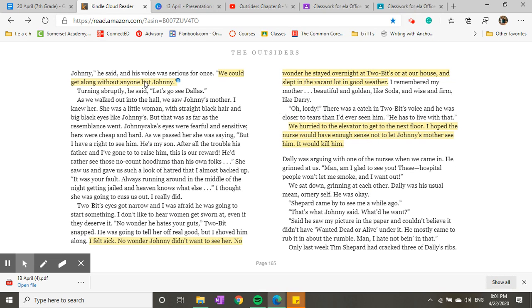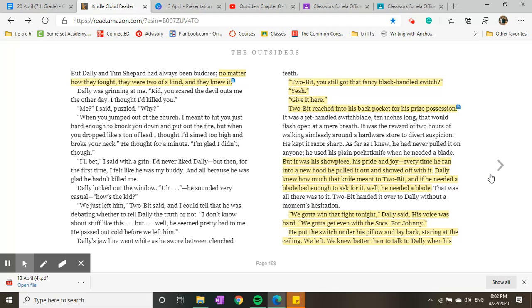So it doesn't really cover it in this section, but if you want to tackle on that one, you can, on why he's repeating that no one can get on with Johnny. And then it's talking about this is with his mom, how he doesn't want to see his mom and it would kill him to see his mom, which talks about who his real family is. And it also talks about whether or not their relationship with authority is why it is the way it is. If you want to go deep into parents representing or an absence of parents representing the way that you handle authority, which might be really good if you're thinking about theme.